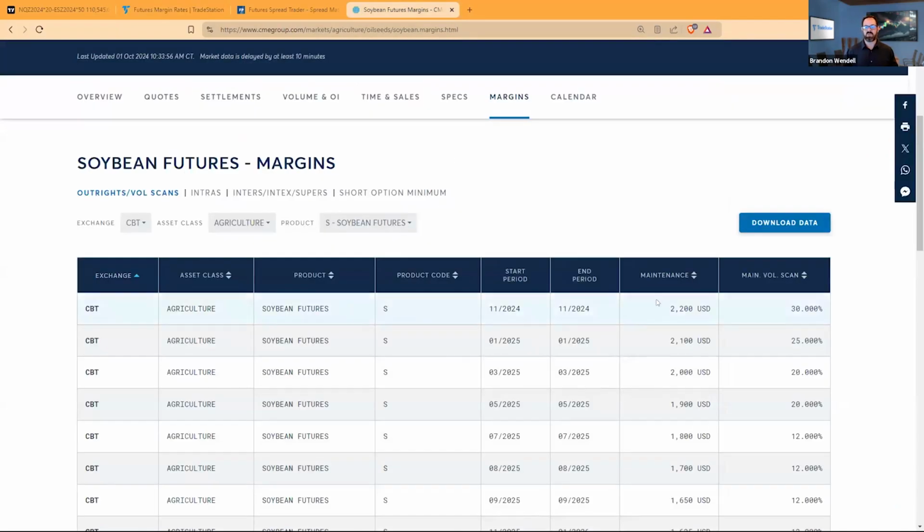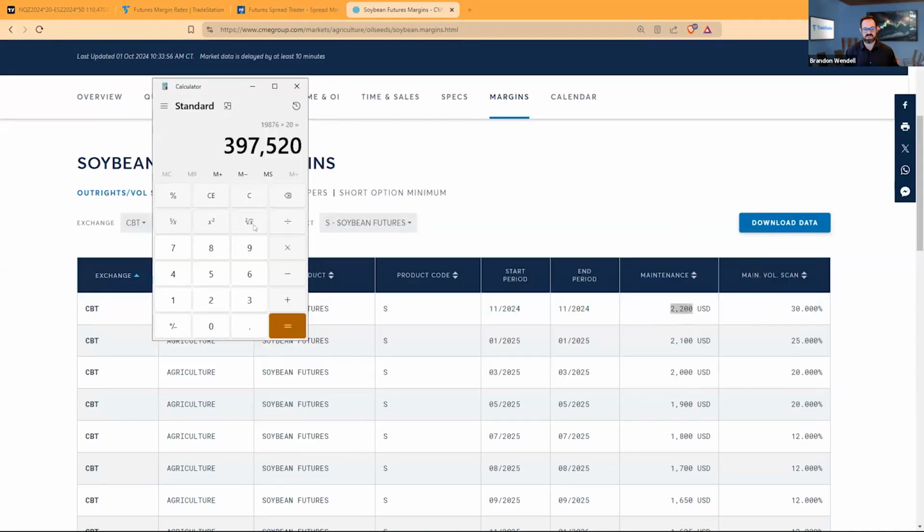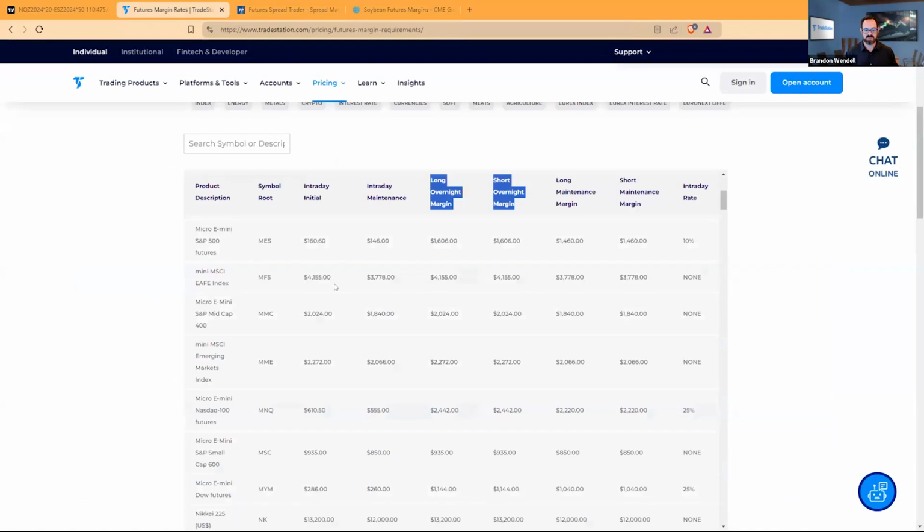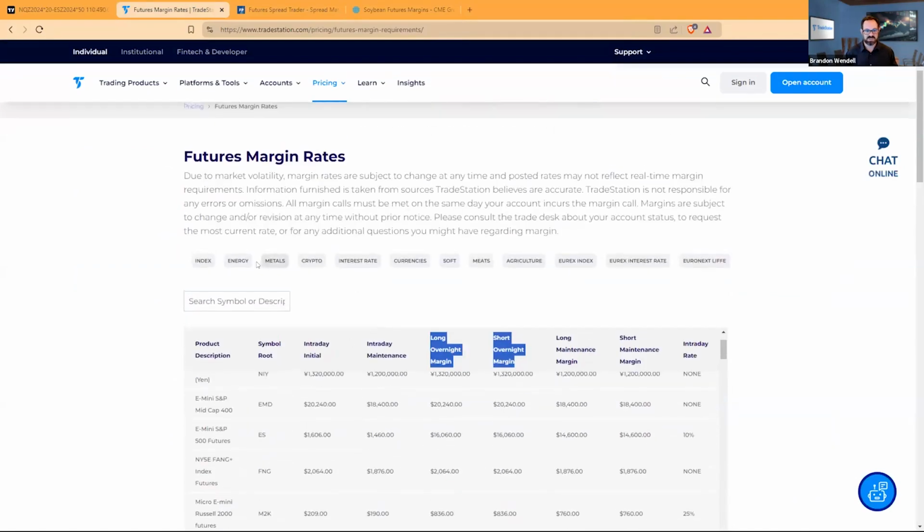So these are the outrights. Keep in mind, maintenance is not the same as initial margin. To find the initial margin, you multiply whatever's shown on the maintenance by 1.1. As an example, 2,200 for soybeans times 1.1, the initial margin is 24.20. So if I go back over to TradeStation and the futures spreads, and I go to